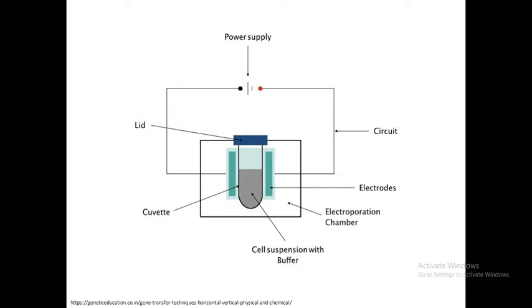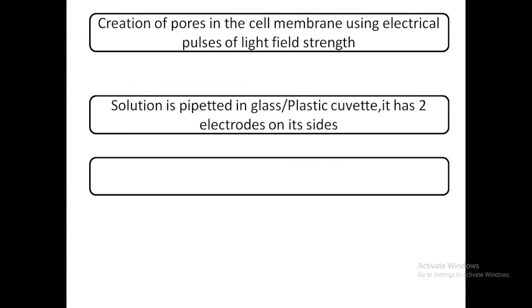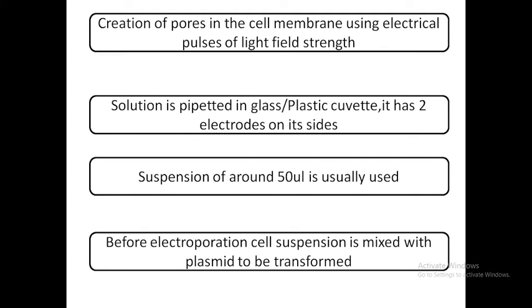Once the mixture is taken in the cuvette, the circuit is completed and the power is supplied. Approximately 240 volts can be applied here, and as the electric field is generated, the cell membrane becomes porous, and it will allow the